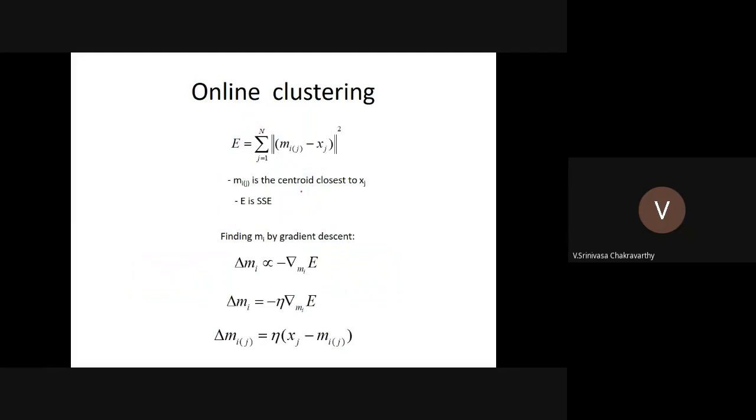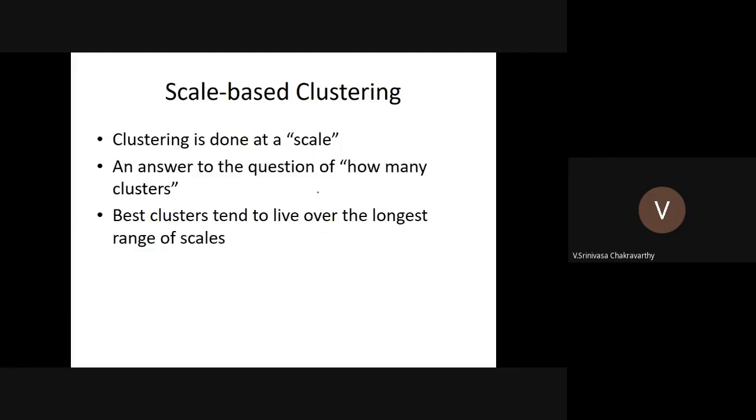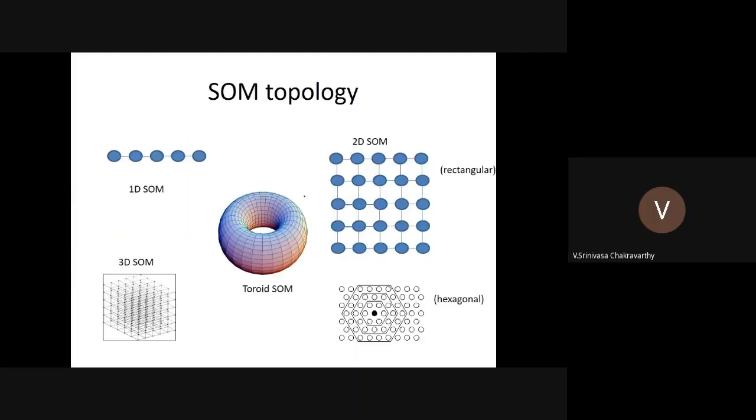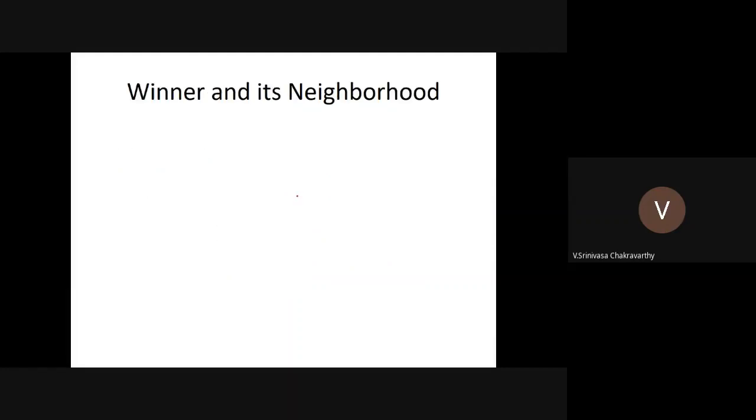So we have seen what online clustering is, right? You have this equation and we are familiar with that. We've also seen scale-based clustering, where clustering is done at a scale, right? So now in a self-organizing map, the clusters are given some IDs, and you arrange them as an index. So actually,